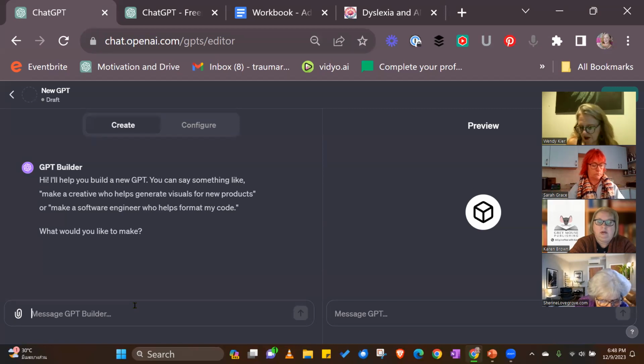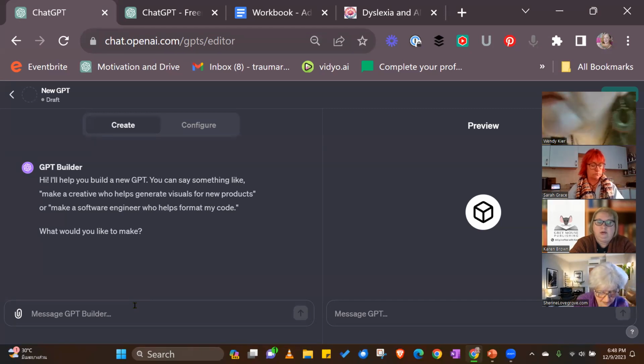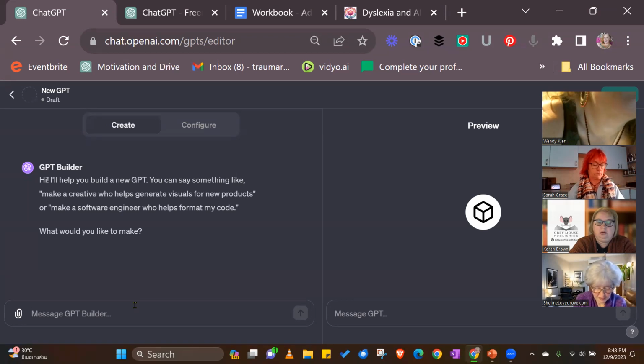I don't know why I've picked on mandalas, but I think there's quite a lot of different styles. I'm just trying to think which one I want to.